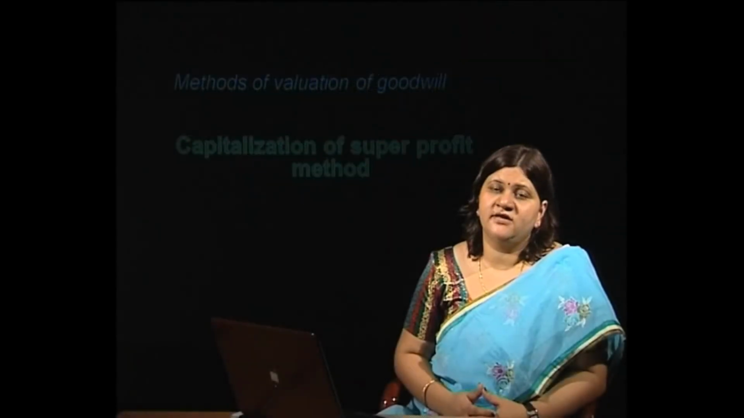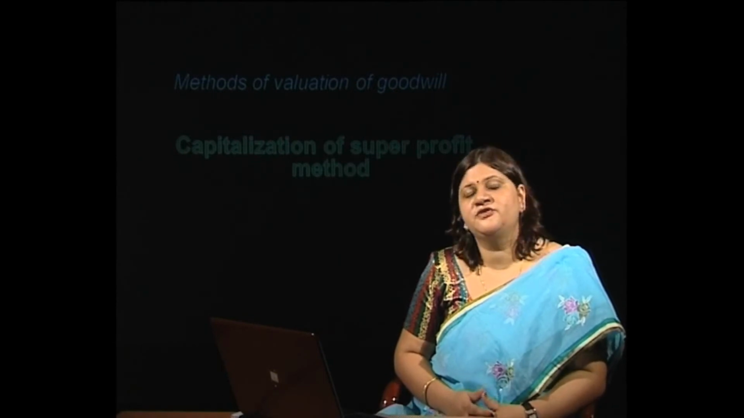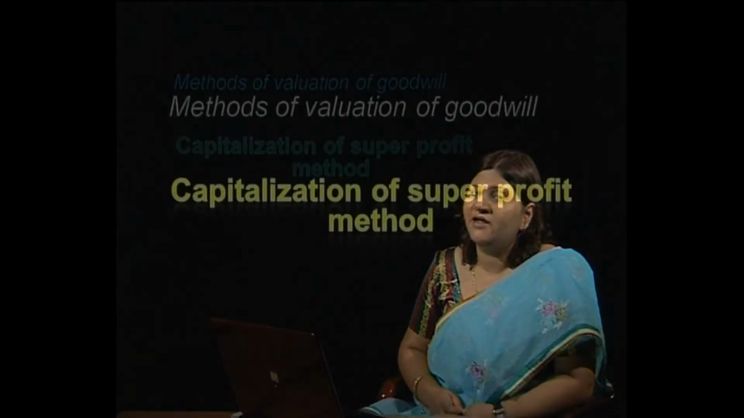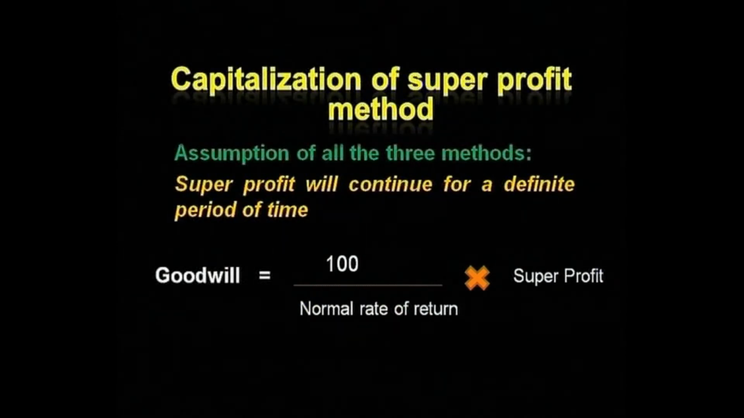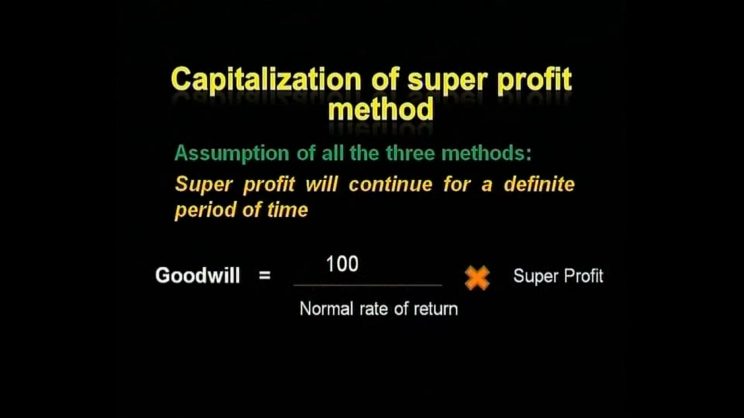Now, the next method, which is different from the super profits method, is the capitalization of super profit method. Capitalization of super profit means that we take up the rate to be used so that we can capitalize the super profits. Now, how do we capitalize the super profit? It can be capitalized using a formula, which is 100 divided by normal rate of return into super profit. Again, the underlying calculations which we have learned as the very basics of valuation of goodwill, that is the normal rate of return,